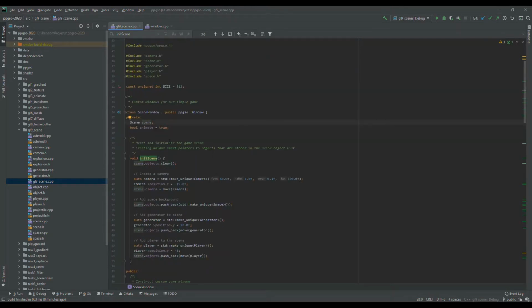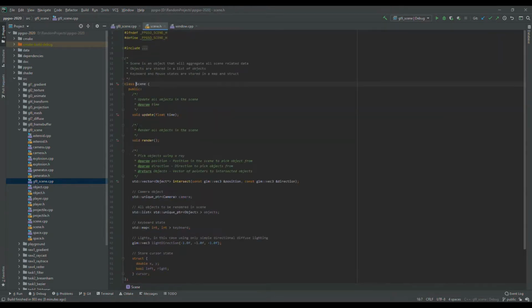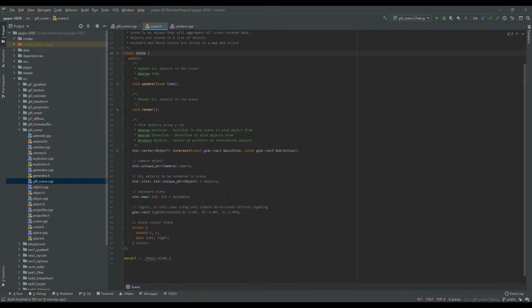So we are in the scene. Now we are in the scene, but we are only in the scene.h, which is a header file where all the functions are just declared. We don't see their definitions, but we can see that there is an update, render, and intersect. Well, sure. And what we really need for each object to see it, there is a camera,